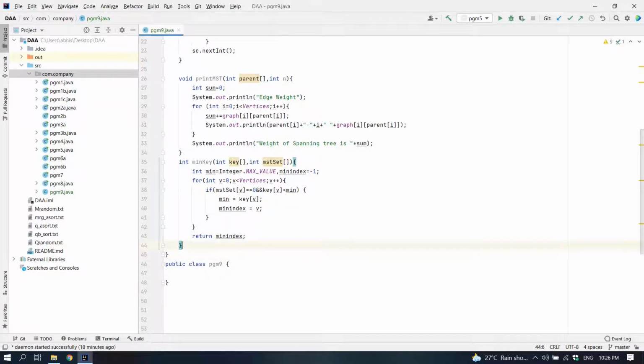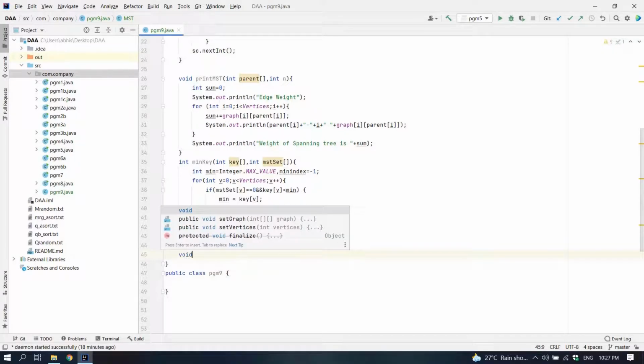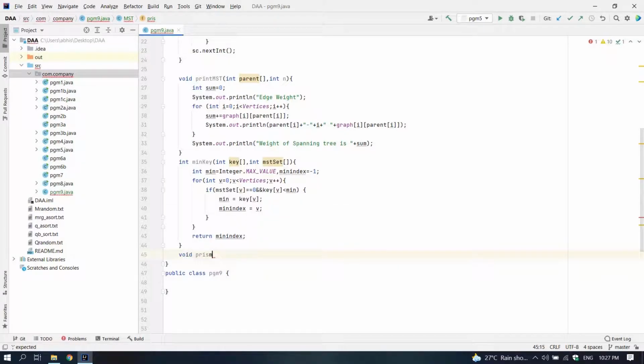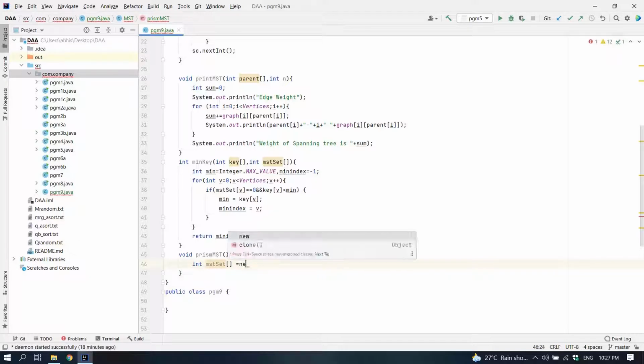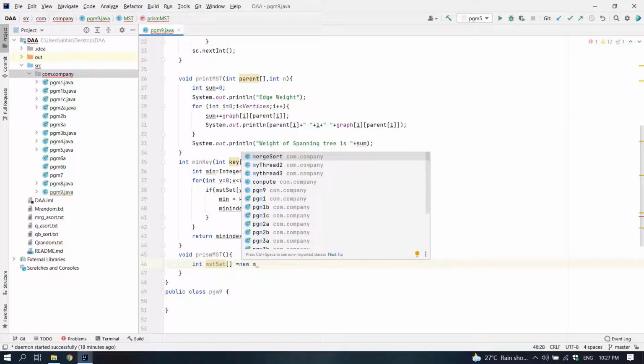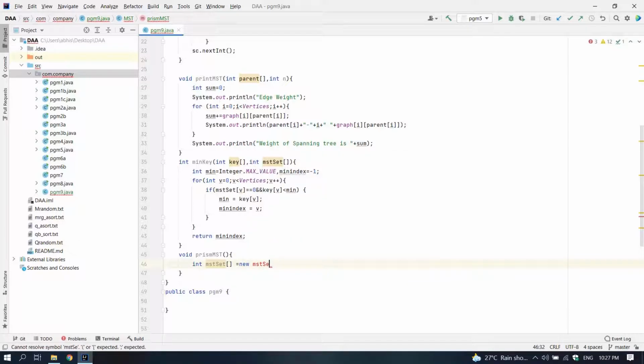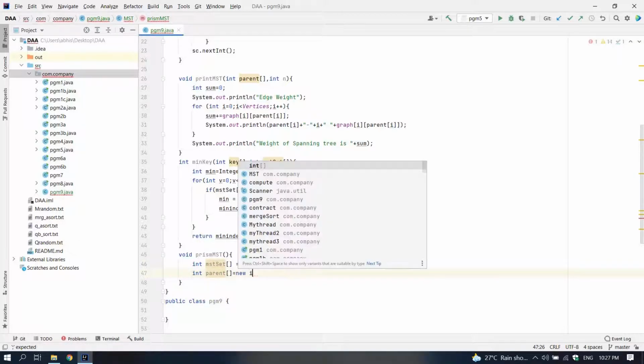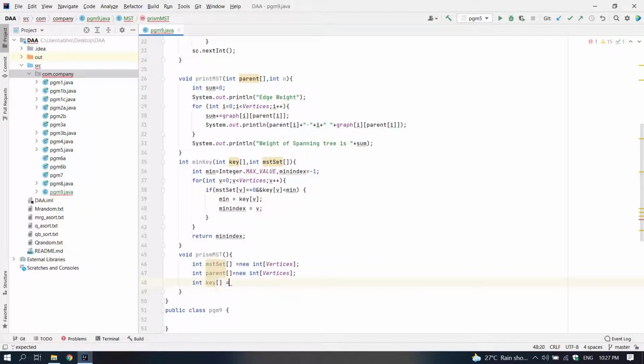So our next method is Prim MST. So in this we are going to declare 3 arrays, that is MST set, parent and key array. So we will start with a for loop and we'll put every index of key as a maximum value and also MST set as 0. Now as we will always include the first vertex in the MST, we are going to put the 0th position of the key array as 0. And as we pick the first vertex, the 0th position of parent is going to be -1.